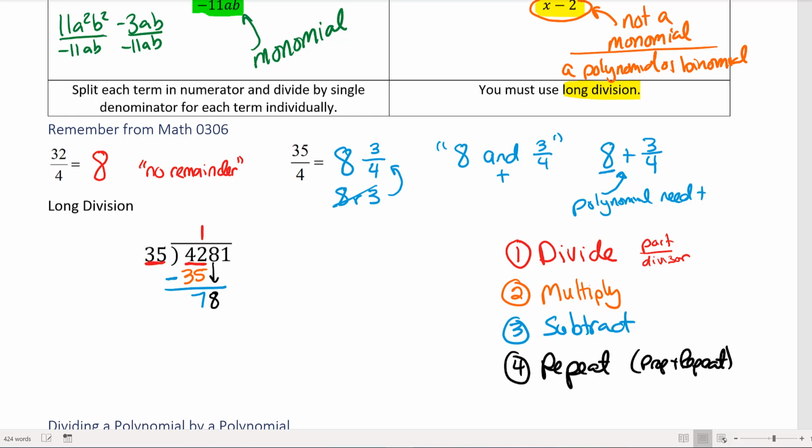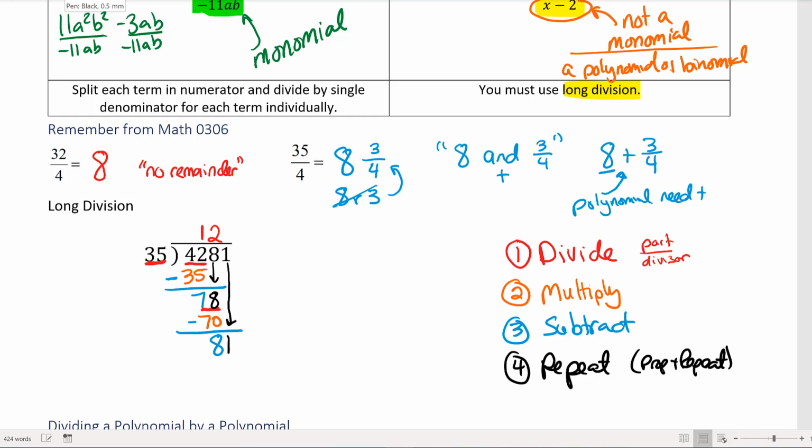All right, so I'm taking back to step 1, divide. I'm taking just the 78 and dividing it by 35. So 78 divided by 35 is 2. Step 2 says to multiply, so I take 2 times 35 and get 70. Step 3 says to subtract, so I subtract and get 8. Step 4 says drop and repeat, so I'm going to take the 1 and drop it, and now I have